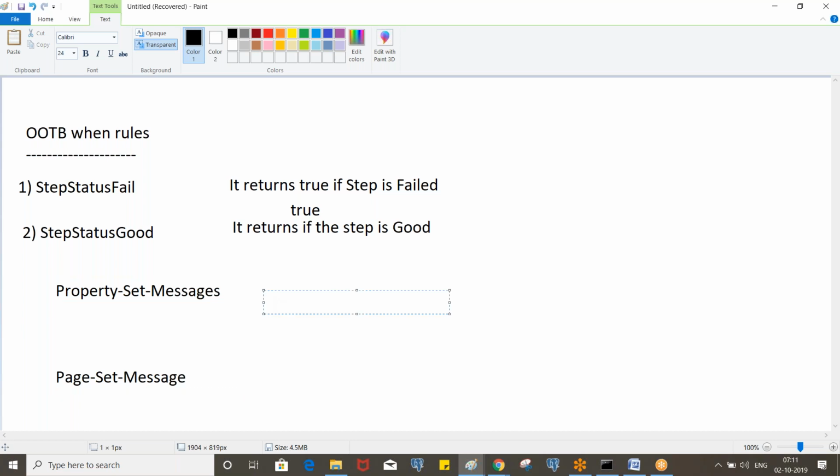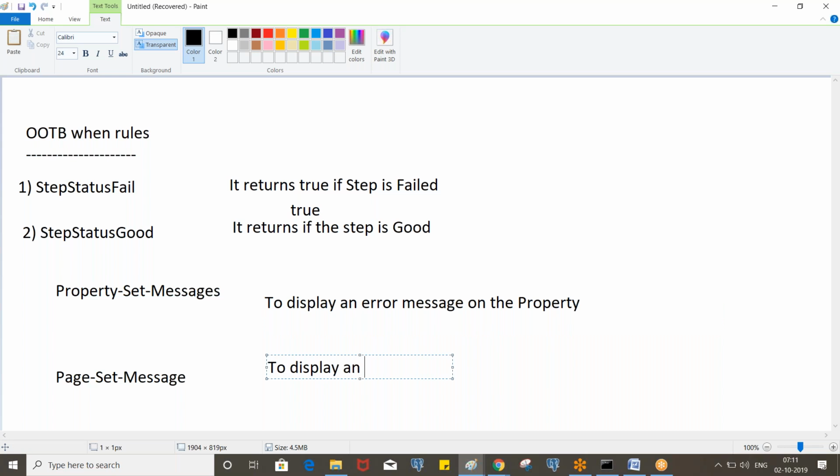We use the property set messages to display an error message on the property. And this one we use to display an error message on top of the screen.